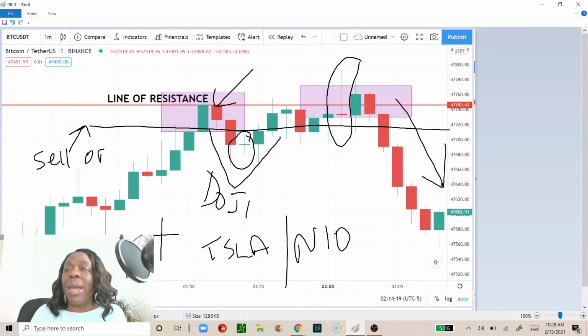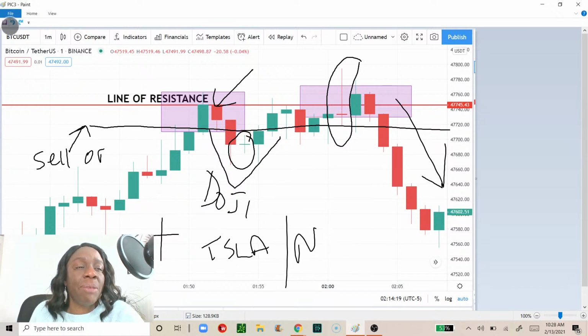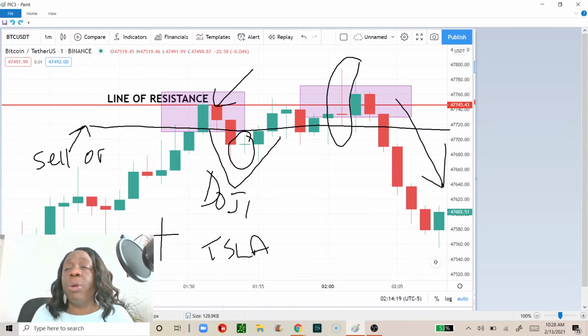But once I'm ready to enter into a trade, that's when I'll move to my lower time frames. That's when my lower time frames are going to do magic for me, because my lower time frames actually inform me of the best time to enter into a trade. And so now you want to use your indicators on your lower time frame. I enter into a trade on the 1 minute and the 5 minute. Again, I'm a day trader.